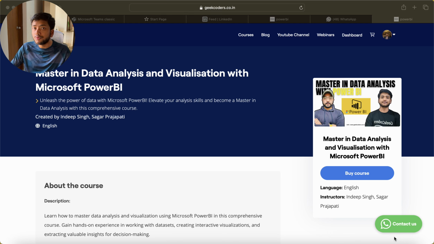So this is a complete end-to-end course where you will be learning about the basics of Microsoft Power BI as well as the advanced level of Microsoft Power BI. Let's say how to deploy the reports, what is a dashboard, how to deploy the dashboard, how to make complex charts, how to make a complex data model, right? So look, you do not need to go here and there, just focus on one single course, and at the end of the course you will be able to make or publish the reports.